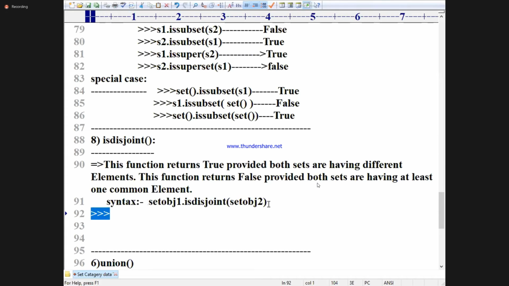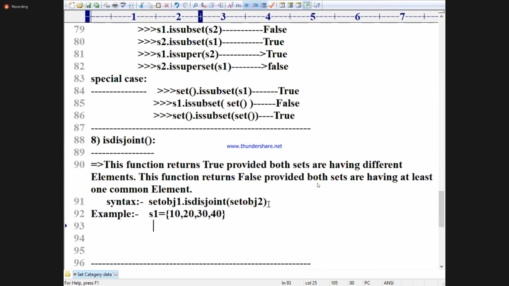Example. S1 is equal to 10, 20, 30, 40. You only fill that up; I will just give the example. S2 is equal to Java, Python.